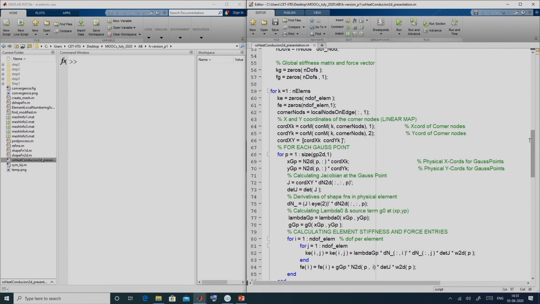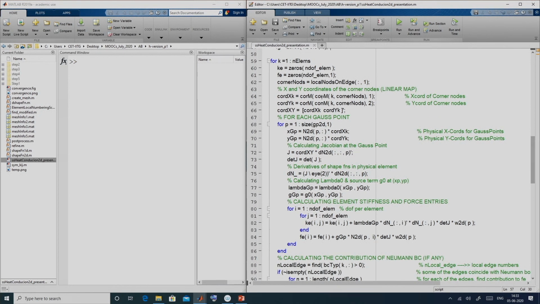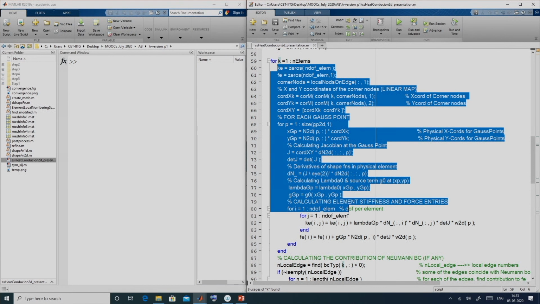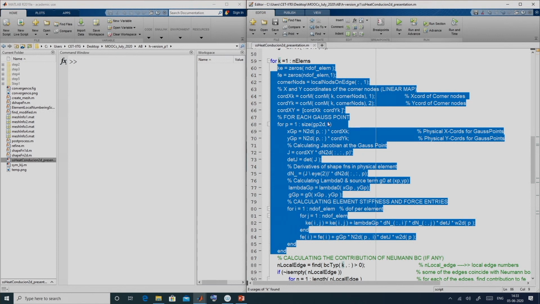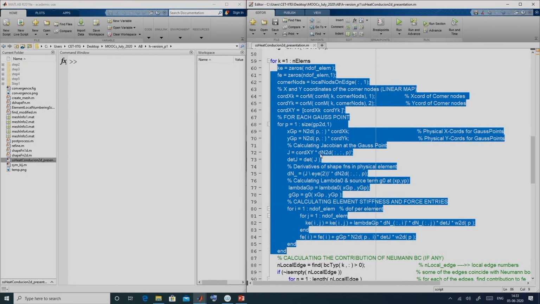Then, as I said, we loop over all the elements. We calculated the element stiffness matrix and the element force vector. This element force vector contains only the body source term, the heat source term, using Gauss quadrature.